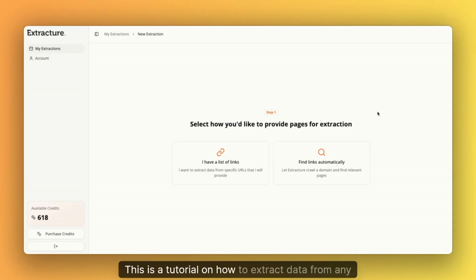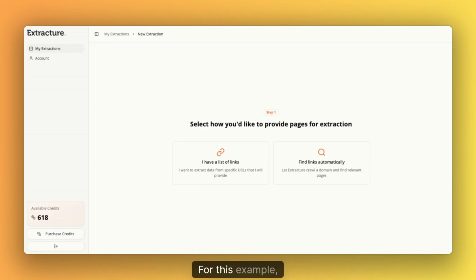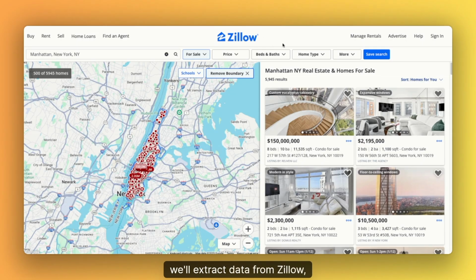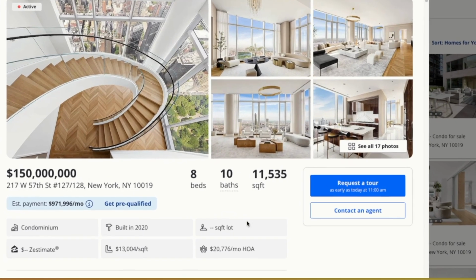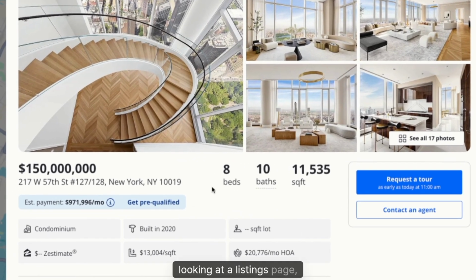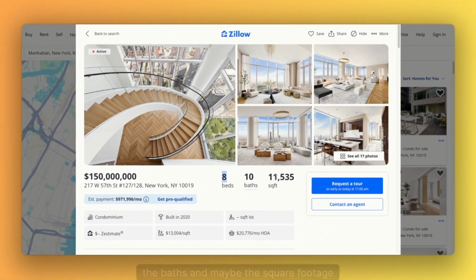This is a tutorial on how to extract data from any website without any coding required, using a tool called Extracture. For this example, we'll extract data from Zillow, which is a real estate listings website. And we want to extract data on specific listings. Looking at a listings page, we'll probably want to extract the price, the address, the beds, the baths, and the